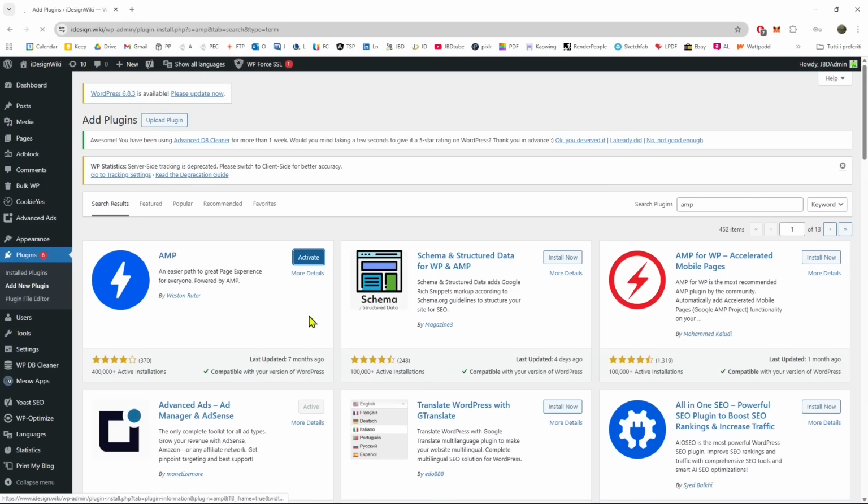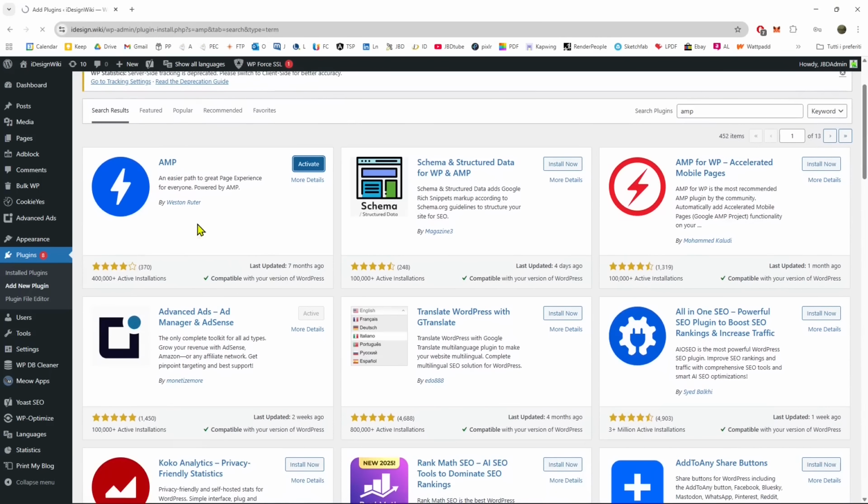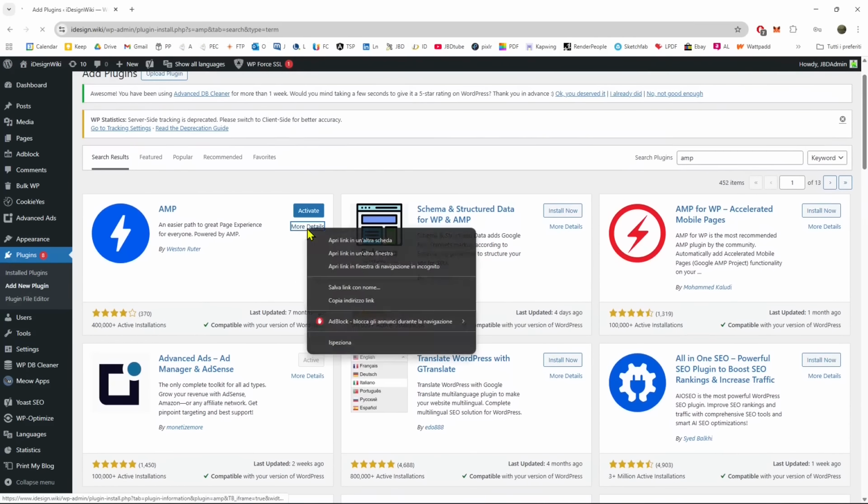You want to click on that, and depending on the size of your site, you may have to wait a few seconds or a few minutes. You can see the little circle there is working. So just leave it working and go take a coffee or a tea, depending again on how big is your